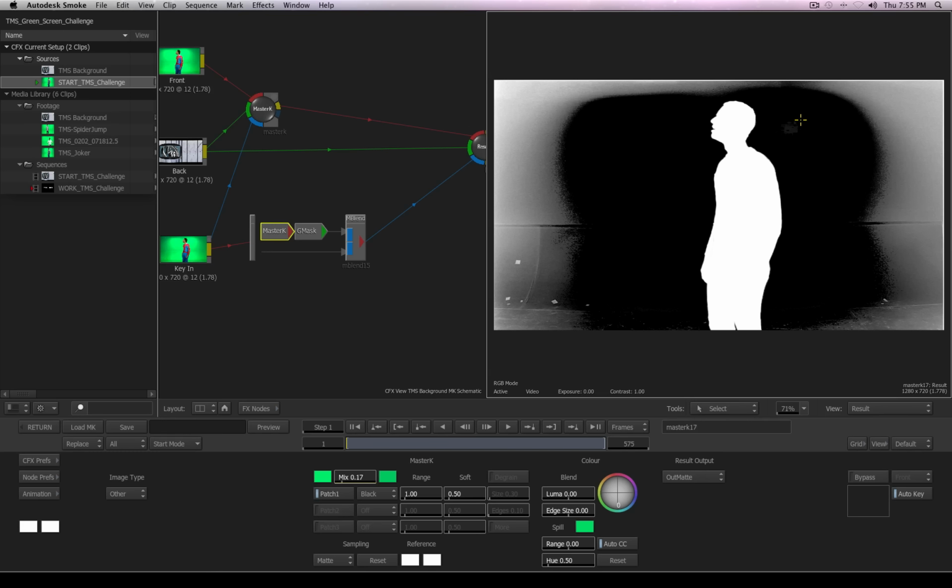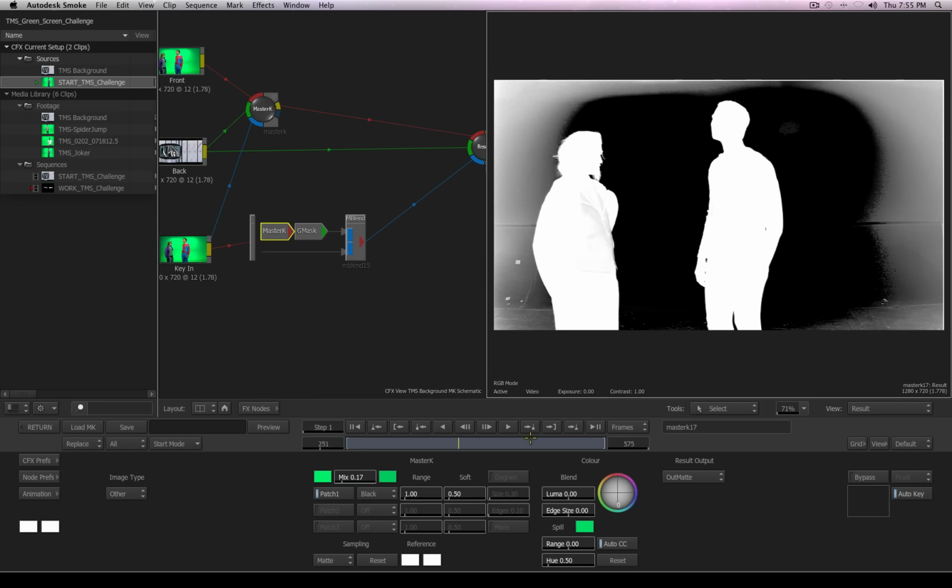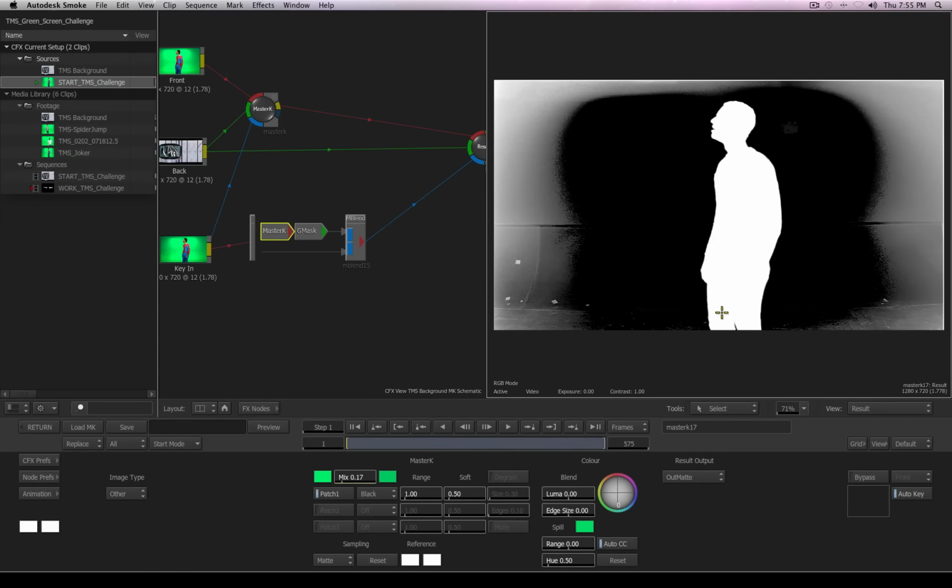Now I see some areas up here that could be fine-tuned, and obviously down on the ground, yeah, it's all the stuff that's on the ground there that's really causing some problems. But let's create a mask to get rid of the rest of this garbage. So I'll